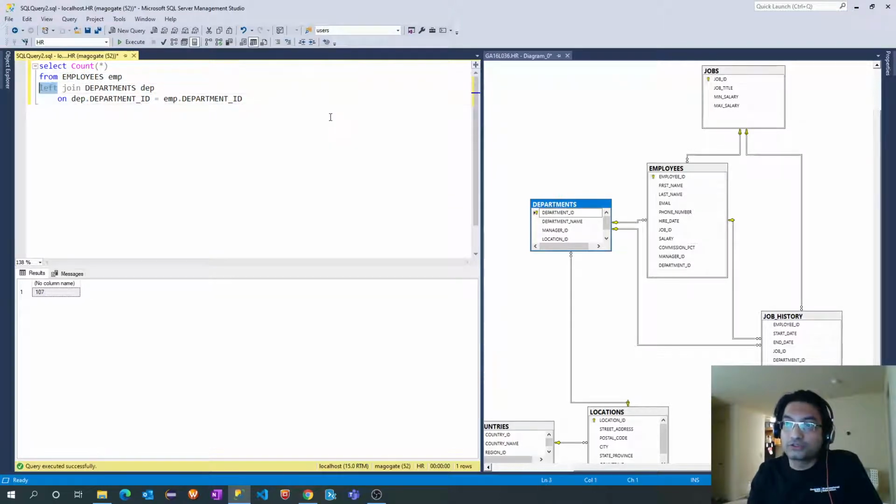If you use a normal inner join, earlier the employee table had 107 records, but the moment we inner join the departments table, one record gets skipped out. Now why is that? Let's see.